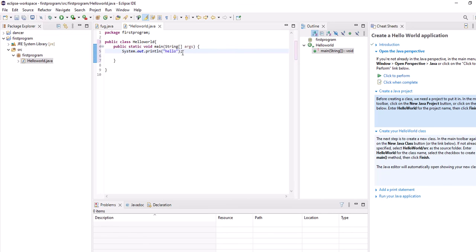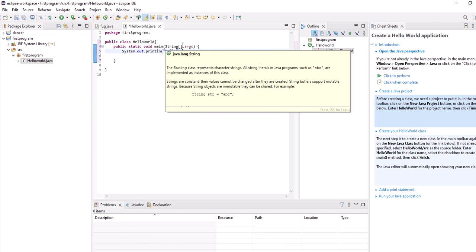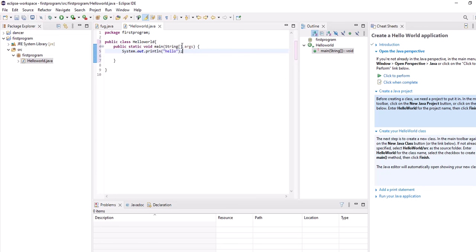So, believe it or not, with a lot of effort, working in a dark room at the moment, I've created a class called Hello World. So it's a class, that's its name, it's public. And there's a main method inside it, which takes an array or vector of strings, and the name of that array is args. So if I wanted to, I could